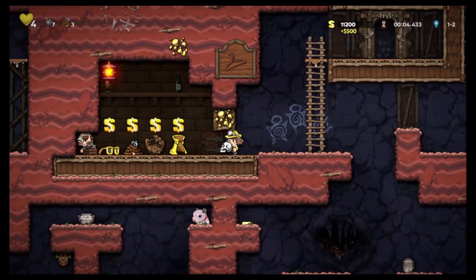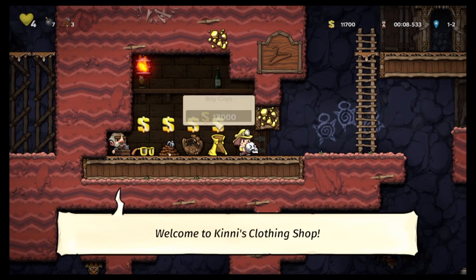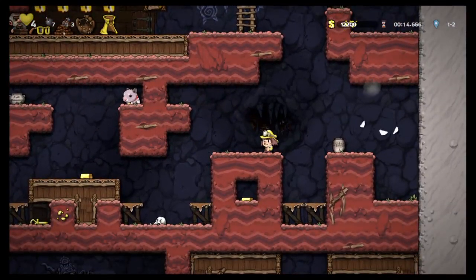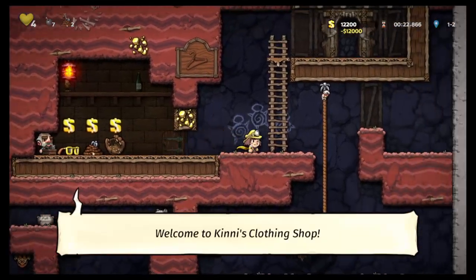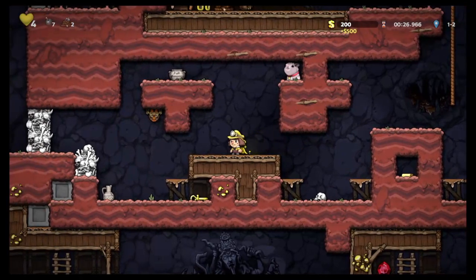Man, we could probably get this cape. We are pretty close. 300 gold away. I've really come to respect the cape a lot more, especially now I'm a little bit more used to using it. I think it's a very reliable item. He says it will inevitably not work at some point now and get us killed, but...